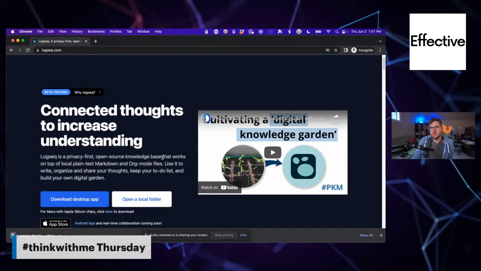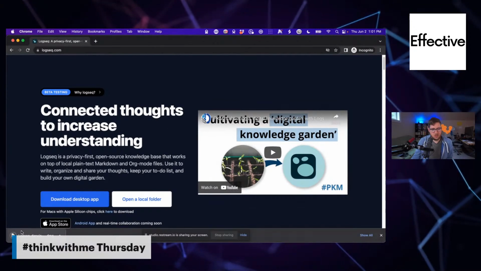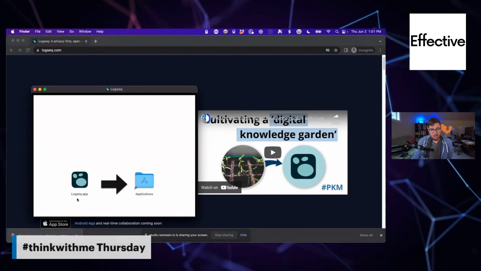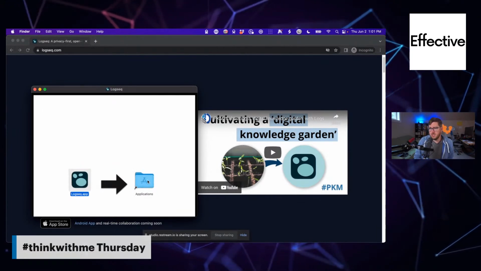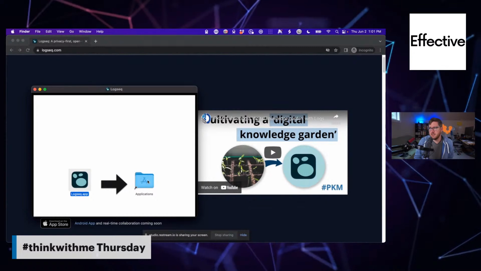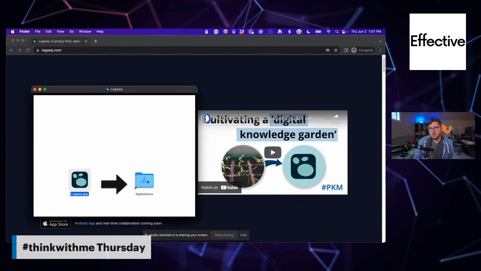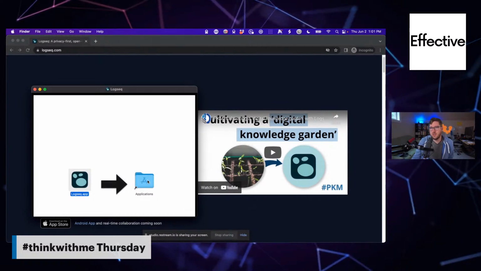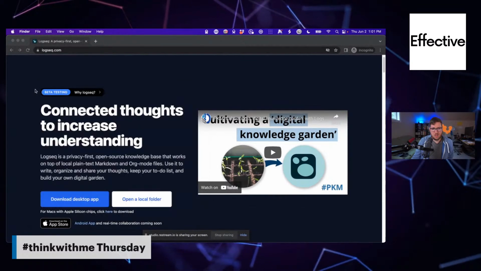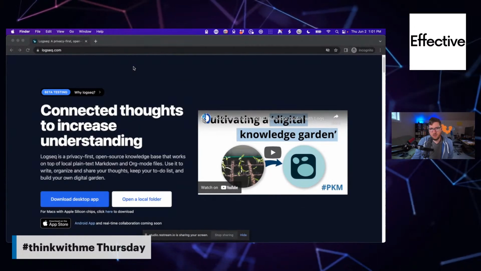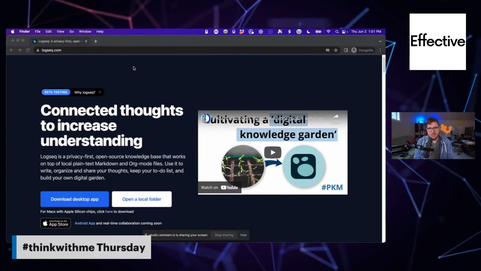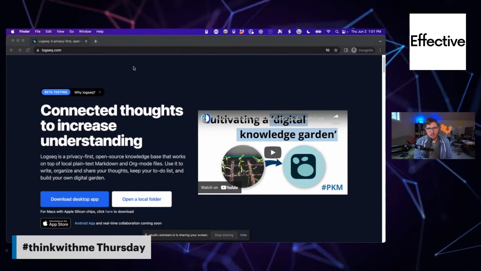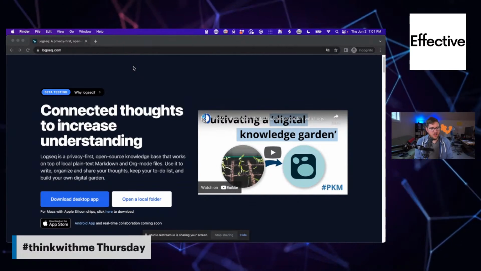If you're just joining in the chat, let me know what PKM app you're using right now. Like I mentioned, I primarily use Obsidian, but I'm interested in checking this one out. I know Santa Younger has done a bit with Logseq, including integrating both Obsidian and Logseq together. I haven't quite figured out if that's something that I want to do yet, but we can take a look at a tweet thread that I found that explains how you can do that.